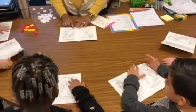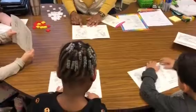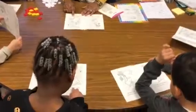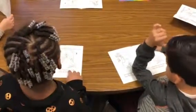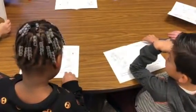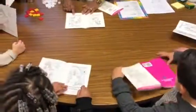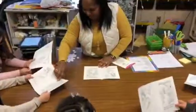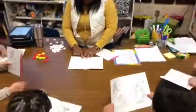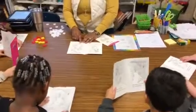Haley, see if you can read that for us. Red hen. Sound it out. Red. Mm-hmm. From bin. Red hen. Hen. Here. Good job, girl. Good job. Everybody, let's read that together. Red hen ran from bin. Red hen